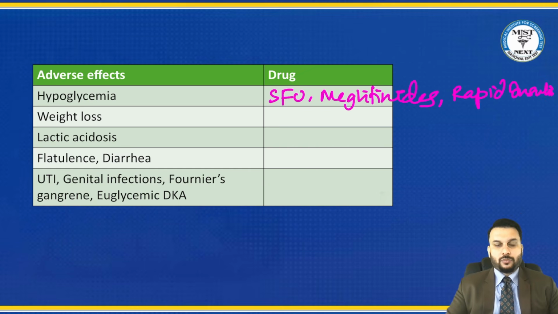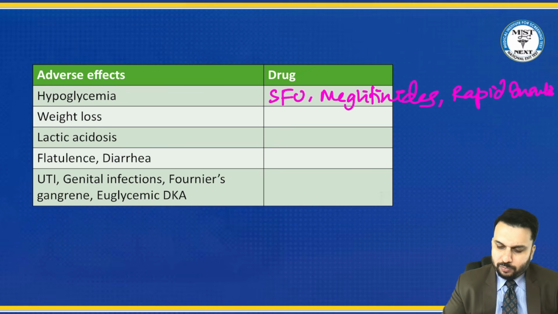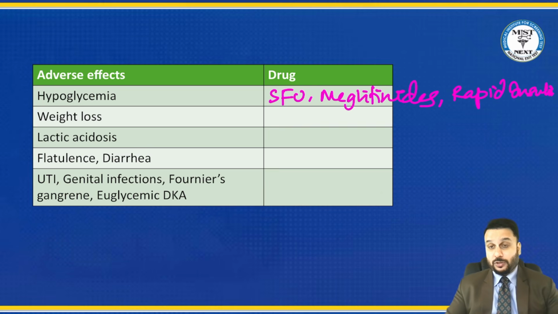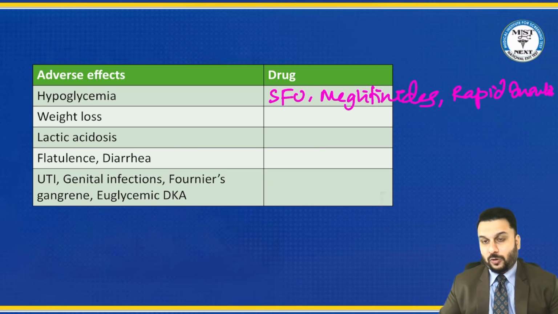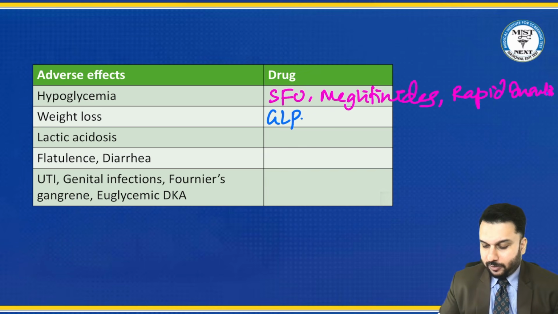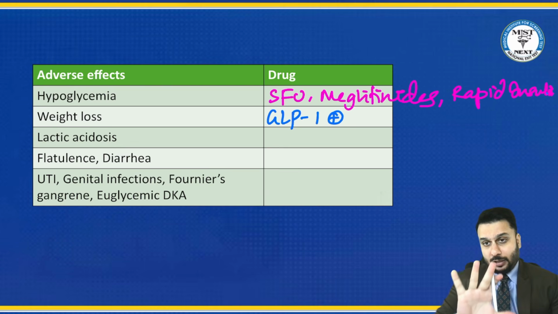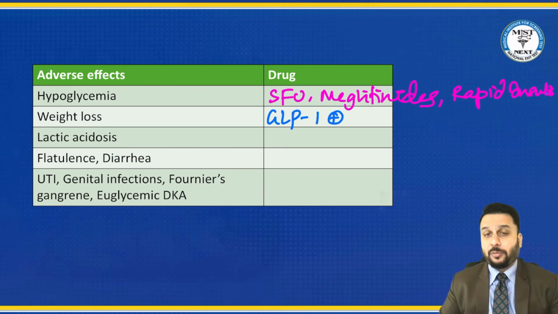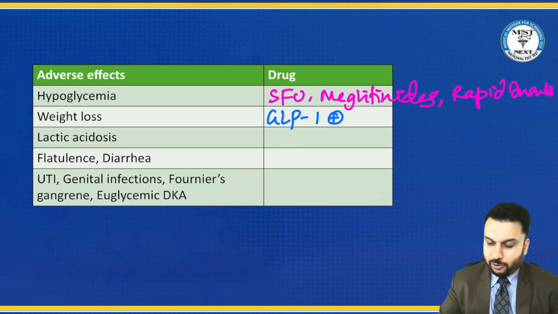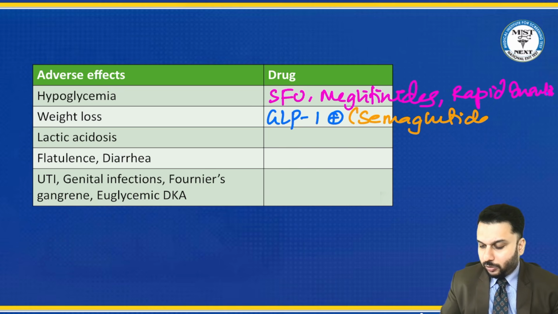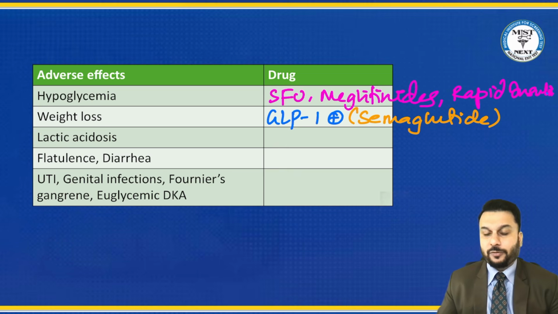Next, weight loss is happening by a couple of drugs, but the most important one that you can't forget, because it is primarily used for weight loss right now, is the drug called semaglutide. It is the GLP-1 agonist. There are other drugs also that cause weight loss in the diabetes topic. I am just giving one example to you as of now. Please refer to the main notes and learn from that. Semaglutide is the drug I'm writing. Okay, very important.